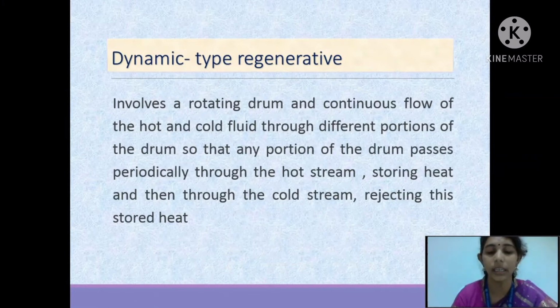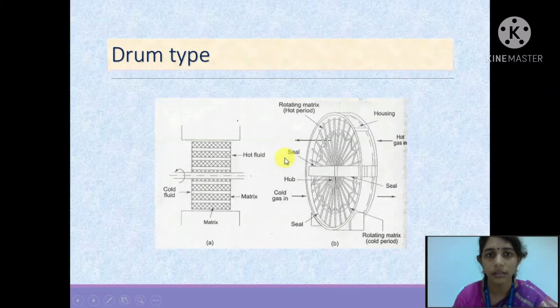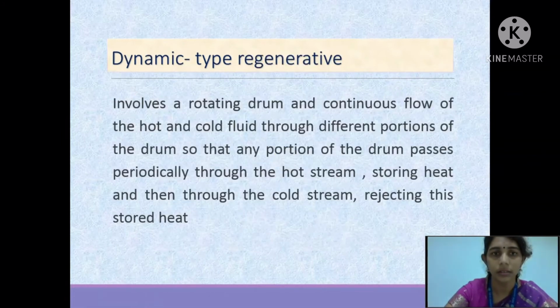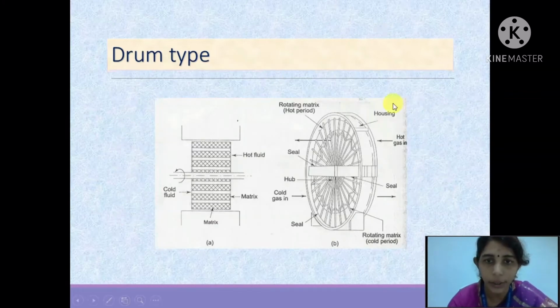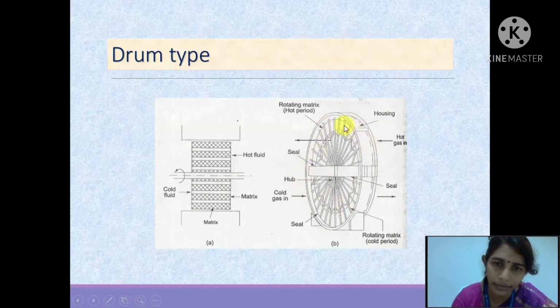The next is the dynamic type. This involves a drum and a continuous flow of hot and cold fluid through different portions of the drum. Looking at this picture, you can see the drum. This is the rotating matrix. Here you have a hub and these are all the different channels. This keeps on rotating. Every single channel is exposed to hot fluid and cold fluid